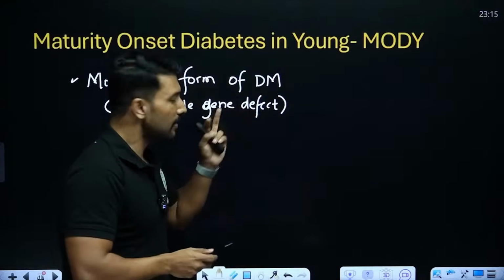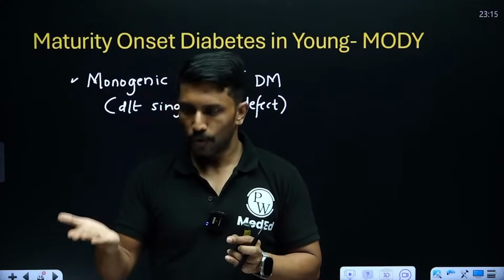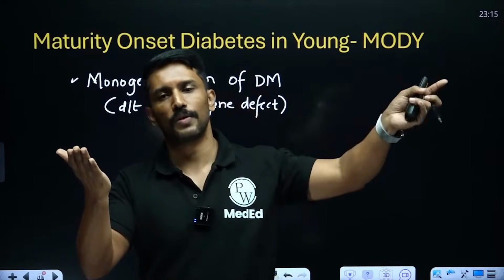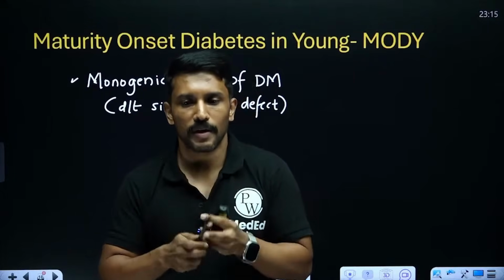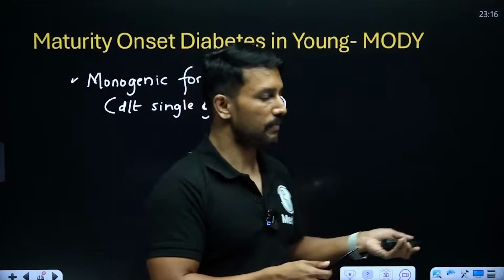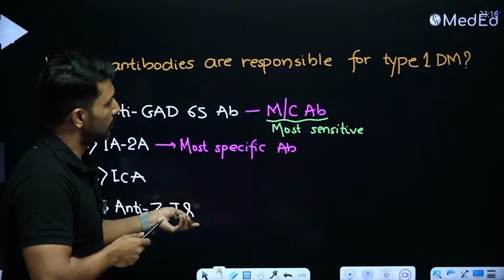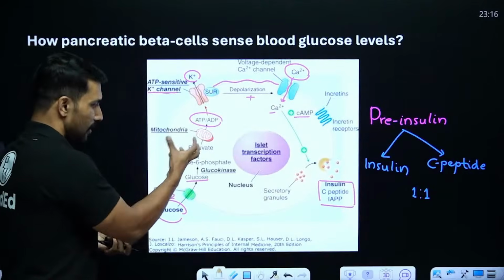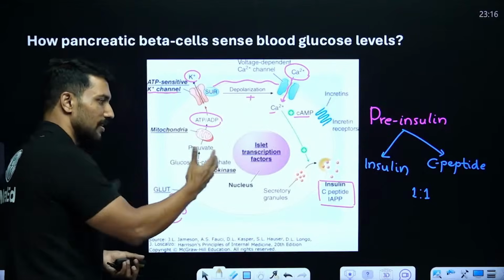Now, what is the defect in these patients? In these patients, the main defect is that blood glucose level rises, and the beta cell number is normal. If beta cells produce insulin, insulin will be able to work on the receptors. The receptors are also fine, but there is an abnormality in either sensing the glucose or releasing the insulin, like this pathway that we discussed here. In response to rising glucose, there is a defect in recognizing the glucose. Rising glucose, and the beta cell is not able to recognize it.